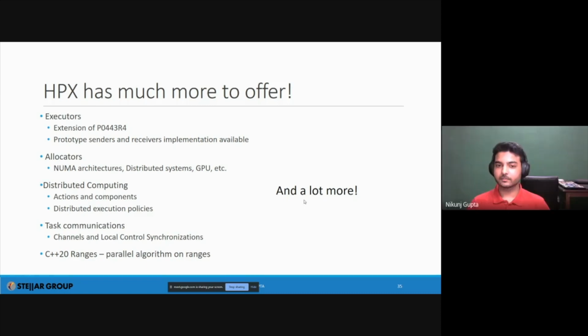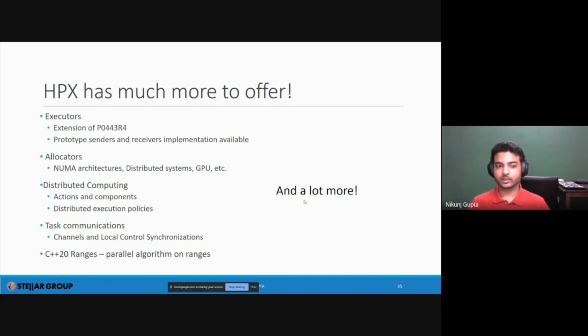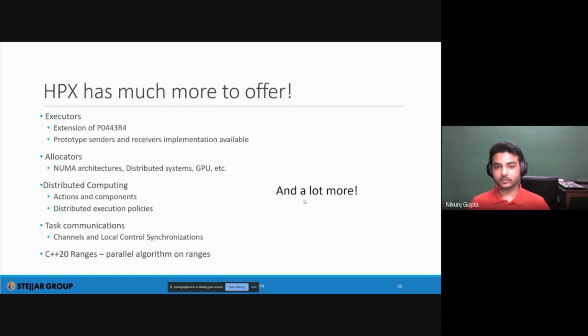Yes, I can. What is the interface that HPX has with the OS? Is it anything like the POSIX standard, or how do you interface with the OS on creating processes and exchanging messages between them? I did not get the word that you're using. Could you repeat that? Portable operating system interface, POSIX. Ah, you mean POSIX? Yes.